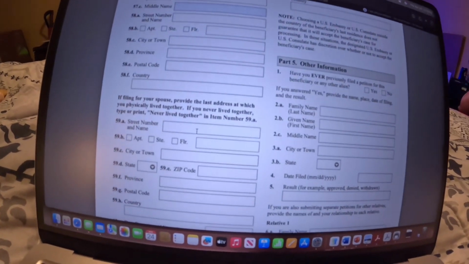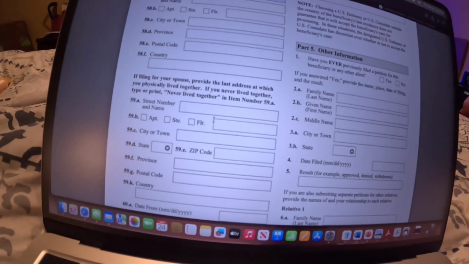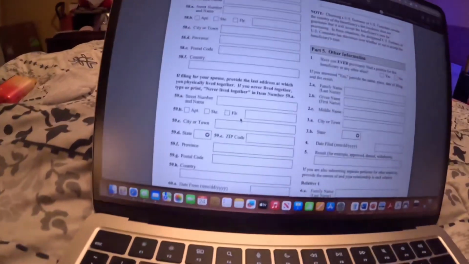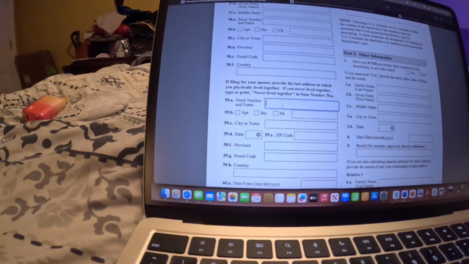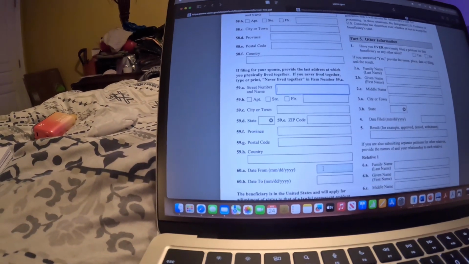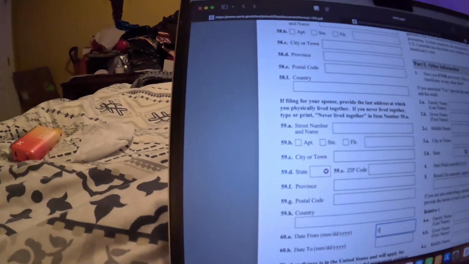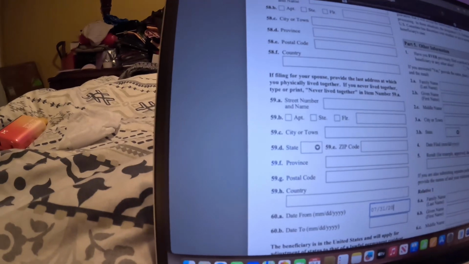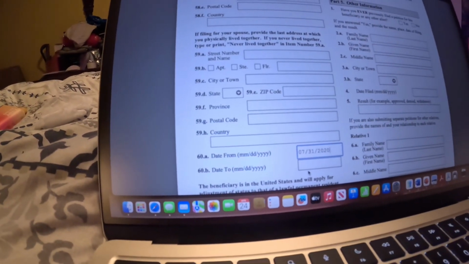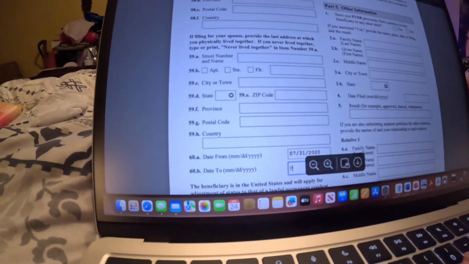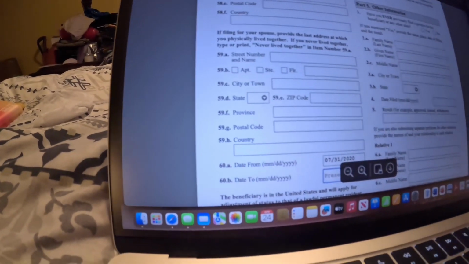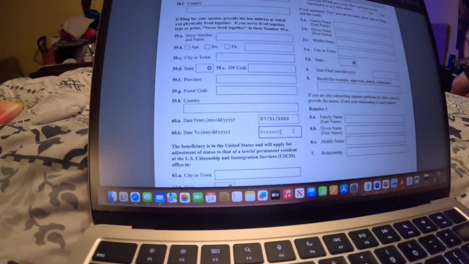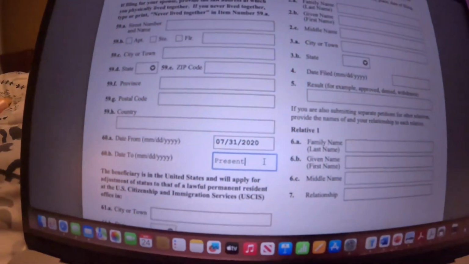So, ilalagay dyan. Tapos, if filing for your spouse, provide the last address in which you physically live together. So, yung sa akin, kung like what I said, kung same place kayo nung sa akin, so, ilalagay ko. Tapos, date from. So, kung nanood kayo ng iba kong vlog, nag-start akong tumira dito, nilagay ko 2020, and then date to, nilagay ko na lang, tinype ko is present until now. Okay? So, I will just justify this one in additional information kasi baka tanungin ako, bakit matagal na akong nakatira